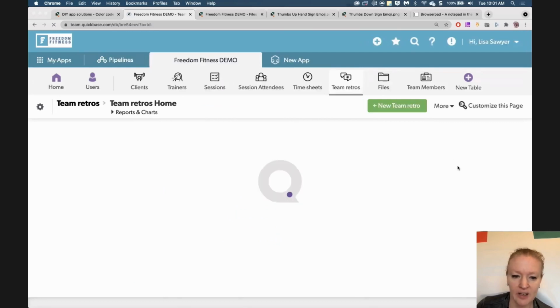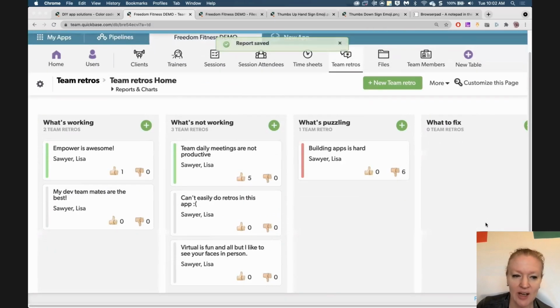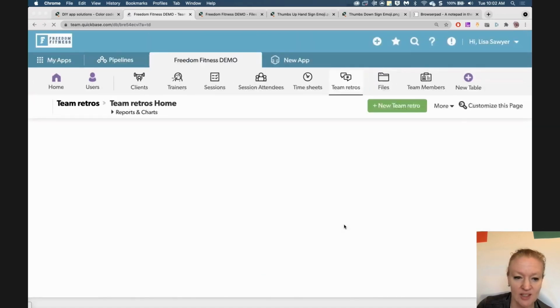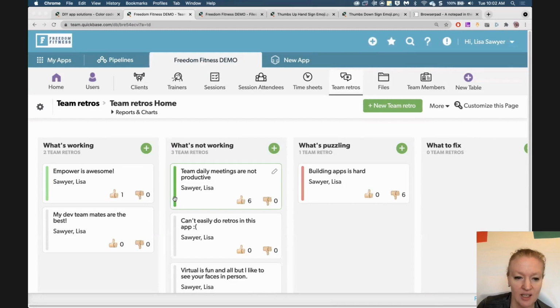Click save there. Okay, so now you can see we have some different color coding going on here. Let's thumbs up this one once more so we can see it change. This is a darker green. So this green and less hot button of a topic gets lesser green. So this one has six thumbs up, so we can see that this is a darker green, and this is a lighter green. So it indicates sort of like the intensity of reactions on the team,